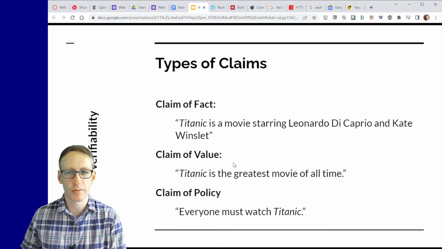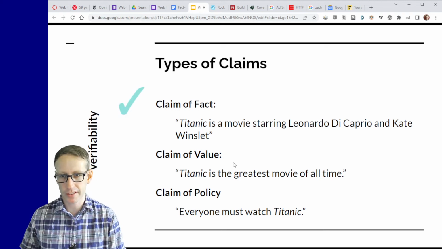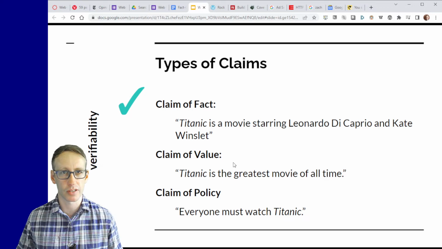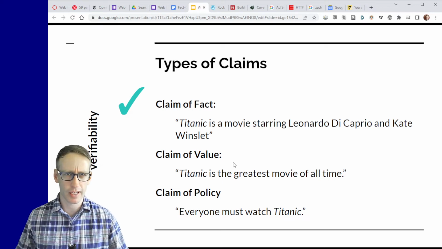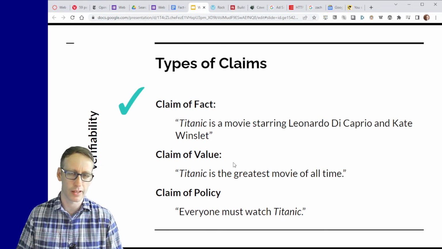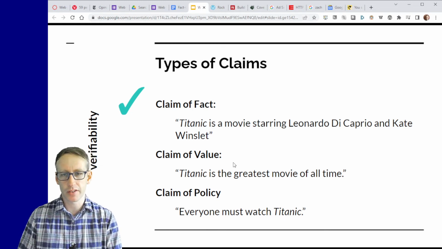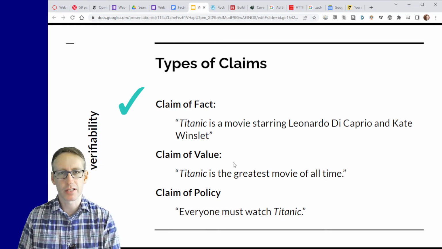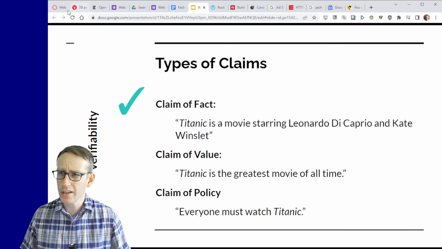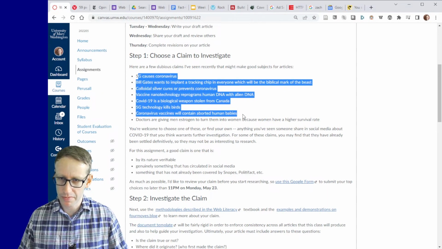And again, they're not going to be verifiable. And that's kind of a technical word. A claim of fact is verifiable. Like that's something that we can prove is true or is false. Or we can argue that we might have to say that the evidence is overwhelmingly that it's true or overwhelmingly that it's false, whatever. But we are still able to articulate a reasonable true false claim about a claim of fact. And all of these examples are claims of fact.